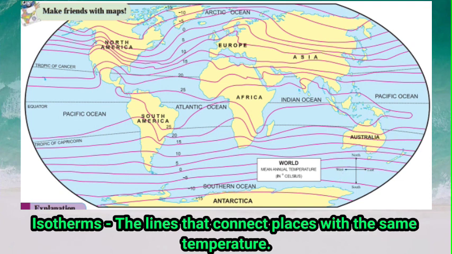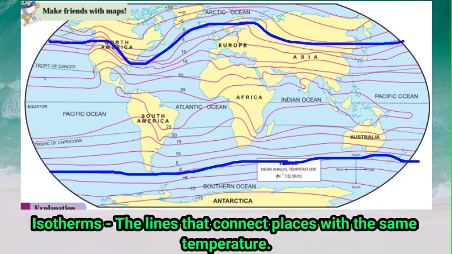You can see in the figure two isotherms with a label of 0 degrees Celsius. The 0 degree Celsius isotherm in the southern hemisphere is largely straight and parallel to the line of latitude. Comparatively, the line of the same value in the northern hemisphere deviates to the north and south. In the west, in the part of the Pacific Ocean, it is fairly straight, but when it enters the continent of North America, it turns somewhat to the north. Then the line proceeds eastward.